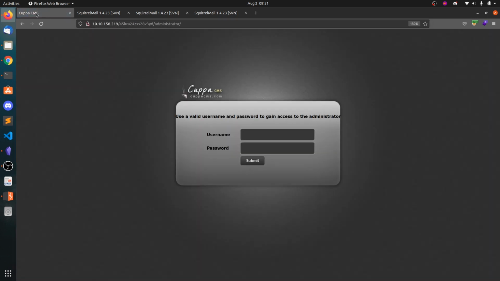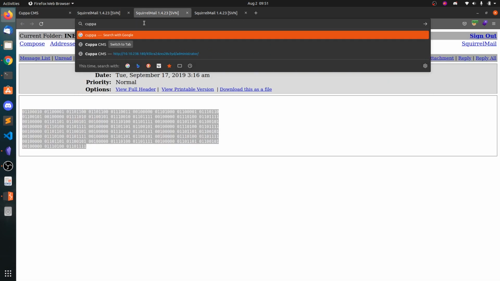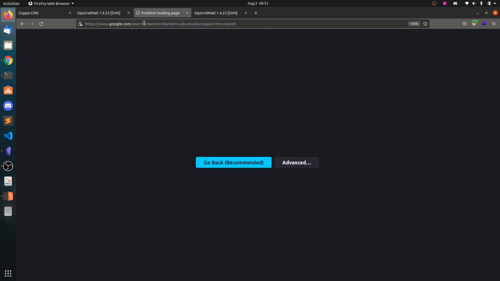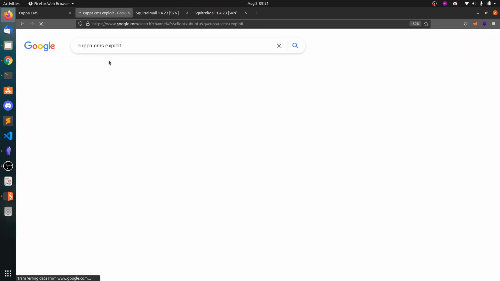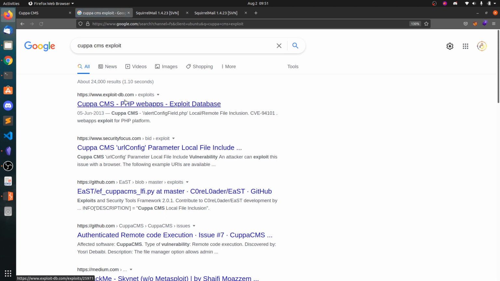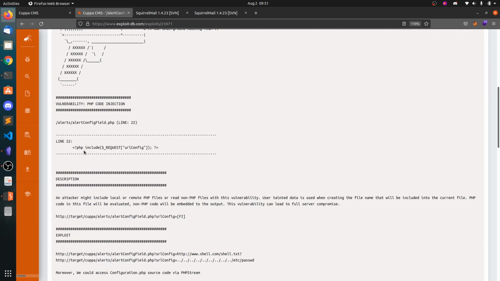Here you can see Cuppa CMS, so you can search for Cuppa CMS exploit. So it has a file inclusion vulnerability in the alerts, alert config field.php.